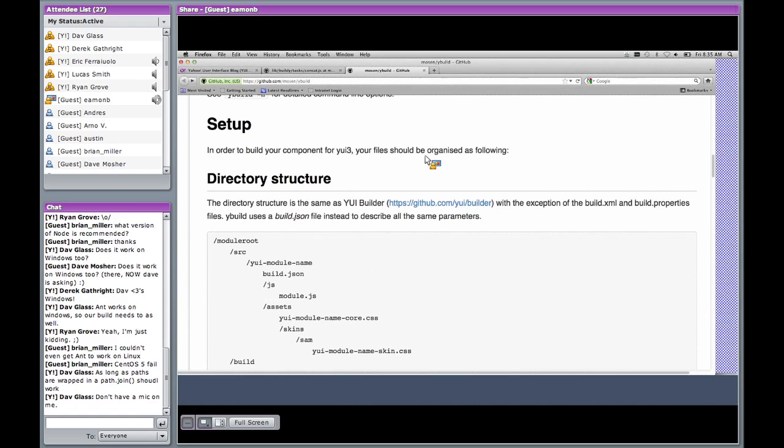Yeah. I definitely think it's important to have it working on all platforms, because obviously people developing with YUI are not exclusively Mac OS X or Linux users, so that's definitely on the cards. But this is the state of it today. It's looking really good, though. Yeah, it looks pretty awesome. Is there a chance we could see it in action, just to see what the full Buildy ybuild experience is?